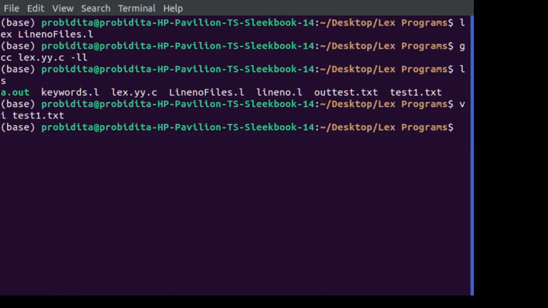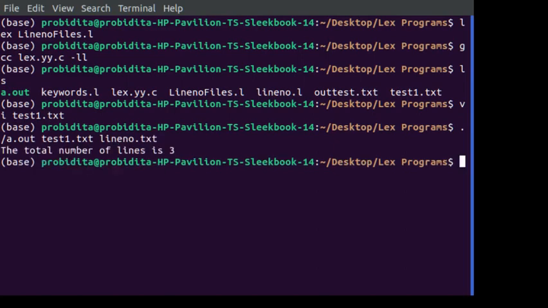Now let us run ./a.out. Let me give my first input, test1.txt. Let me give the output as linenumber.txt. This file does not exist, but it will be created.